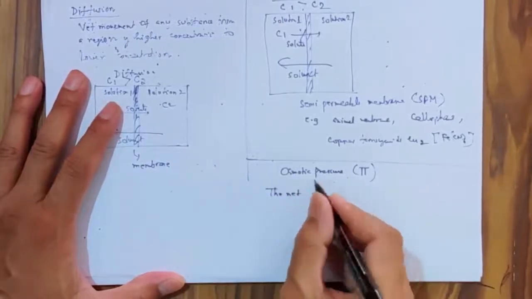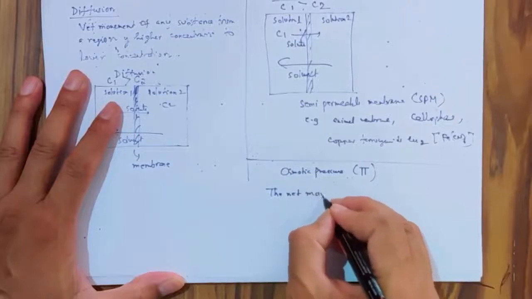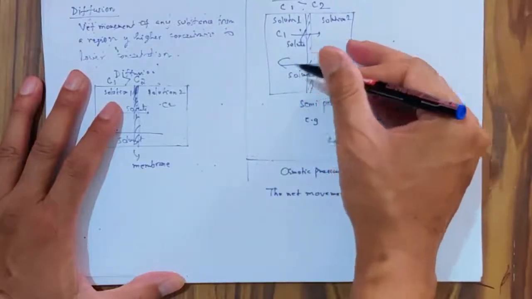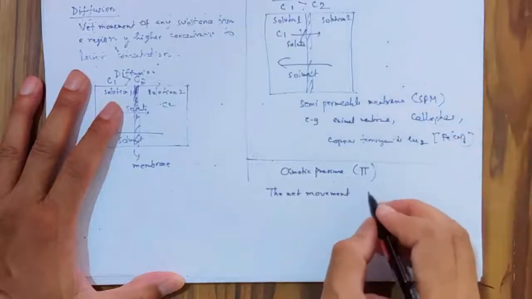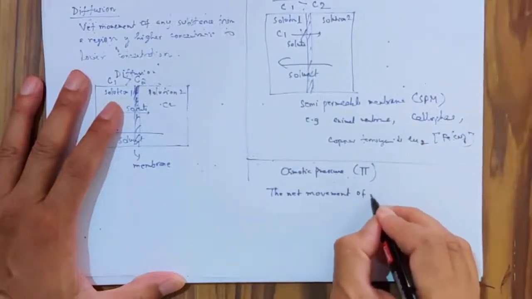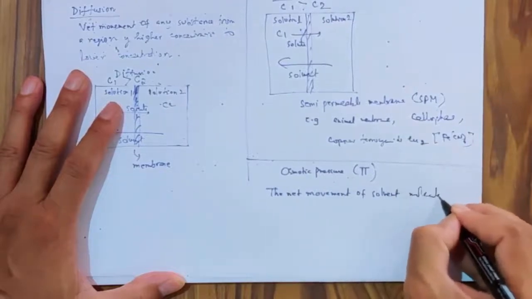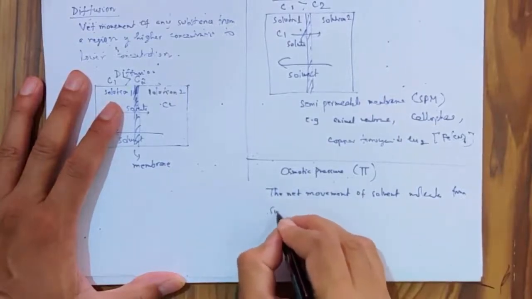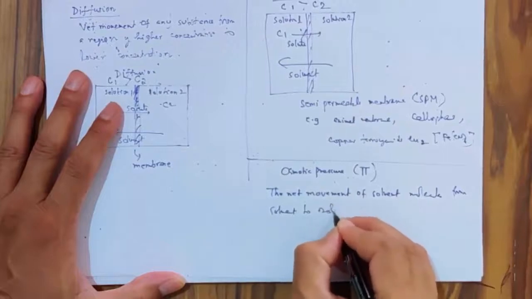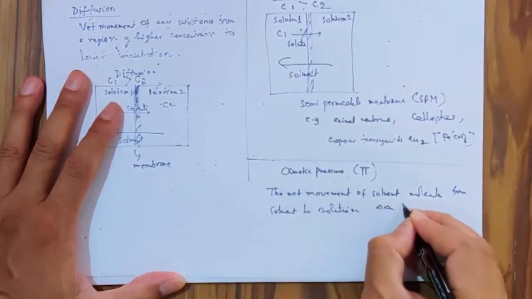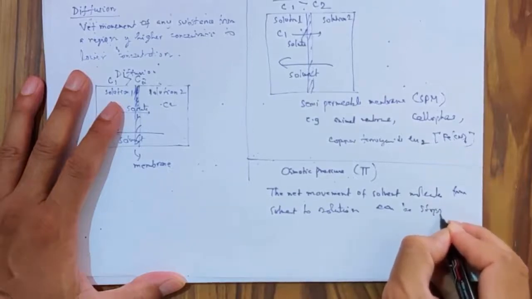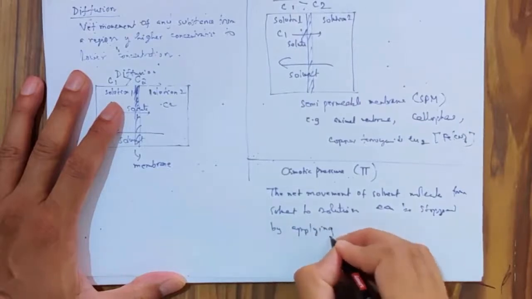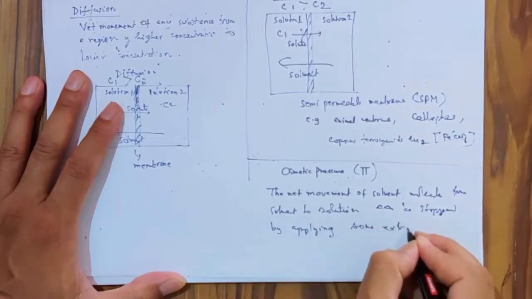So the net movement of solvent molecules from solvent to solution, from solvent to solution, can be stopped by applying some extra pressure